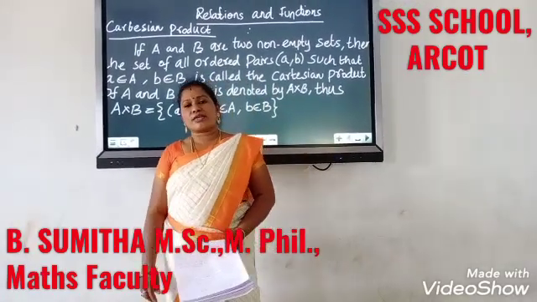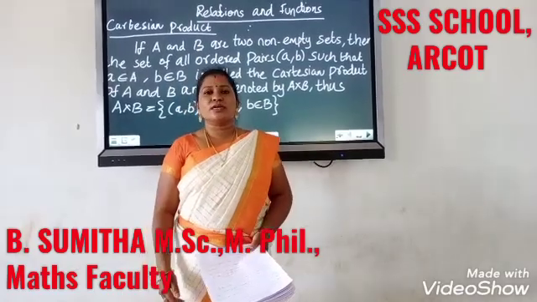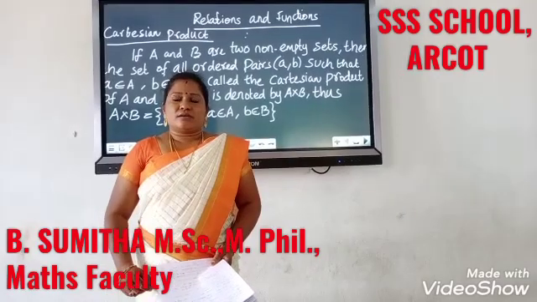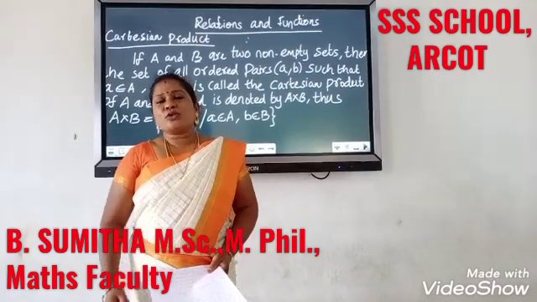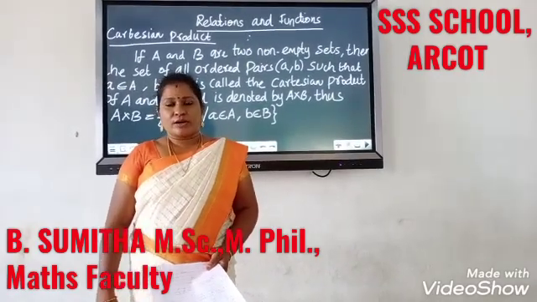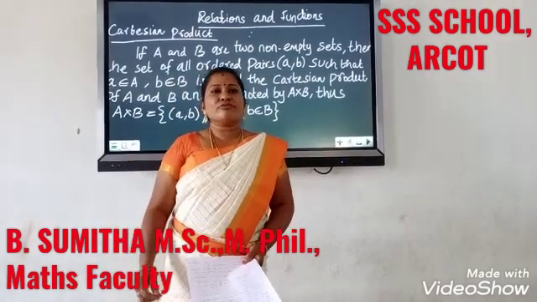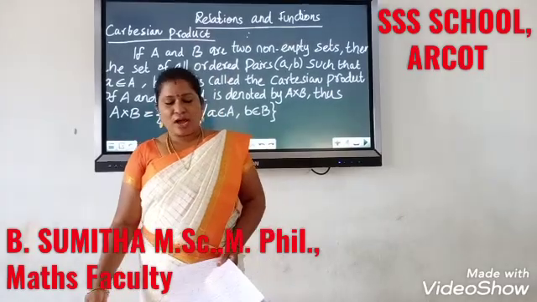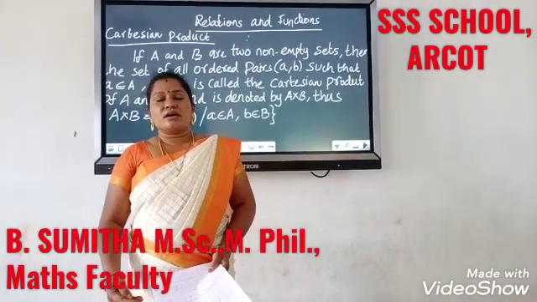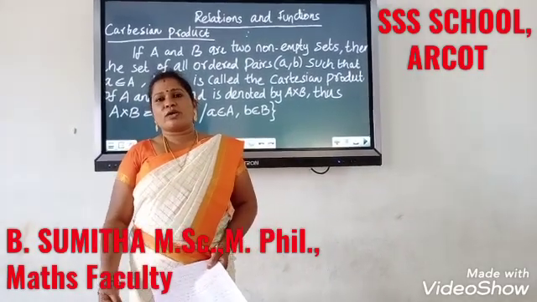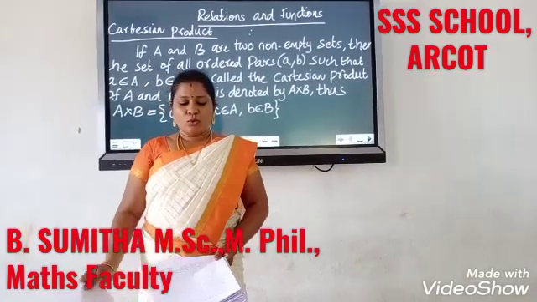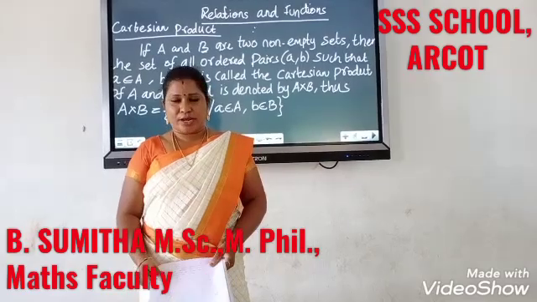Before going to the Cartesian product, we have to know about the ordered pairs. An ordered pair is nothing but writing two numbers in a certain order. For example, (2, 3), (4, 3) or (10, 3), which means 2, 4 and 10 represent the row variables and the 3 represents the column variables. Now we are going to see the Cartesian product.